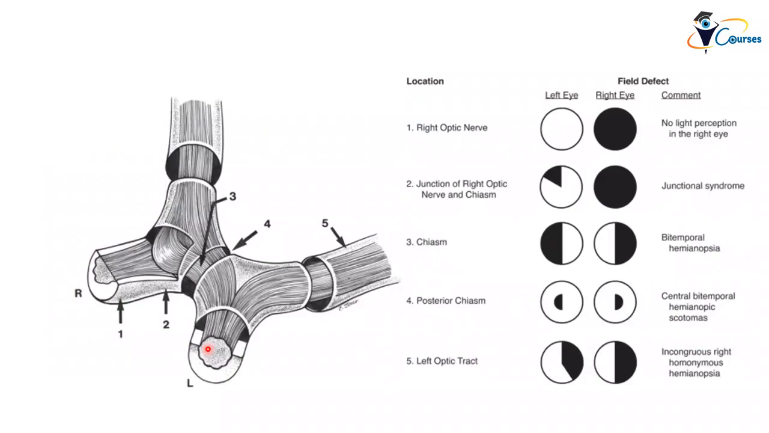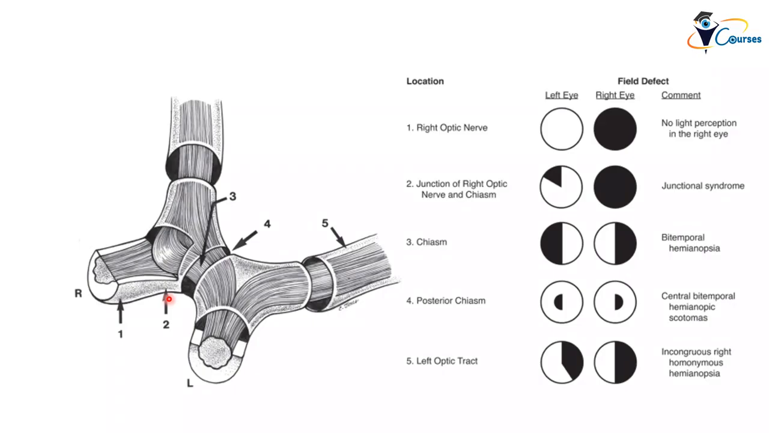Okay, to summarize the visual field defects present at this location. Number one, if there is a lesion involving the optic nerve, it will result in total loss of vision or total loss of visual field, depending on how many optic nerve fibers are involved. Number two, if there is a lesion involving the junction between the optic nerve and the chiasm, it will result in